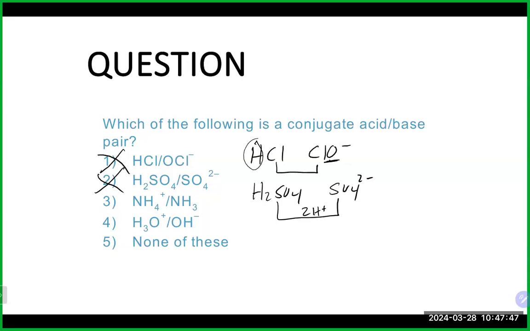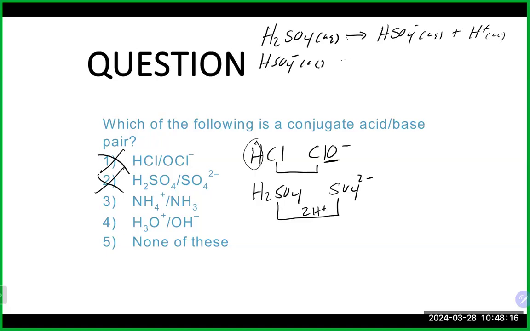Now, something like that, which is sulfuric acid, is a diprotic acid, which means it can lose 2 hydrogens. And by the way, the hydrogens actually come off one at a time. They don't come off both at once. So what happens first is this guy will drop off one of its hydrogens and make something like this. And then this guy here will drop off its second hydrogen and make something like this, a little sulfate